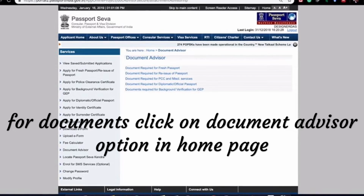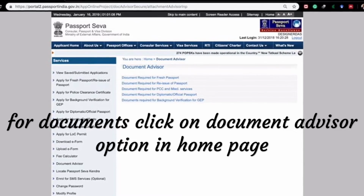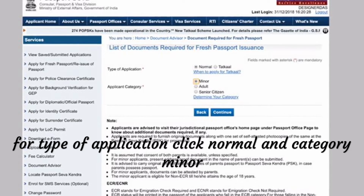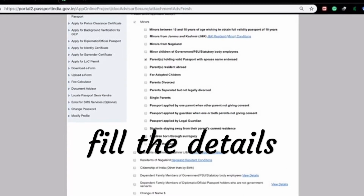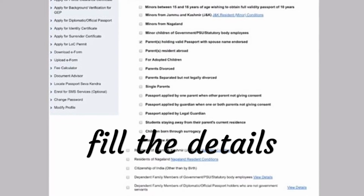And then for documents you have to go to the document advisor option, and then here you can see the type of application. You have to put normal and application category as minor, and you have to fill the details here. See,